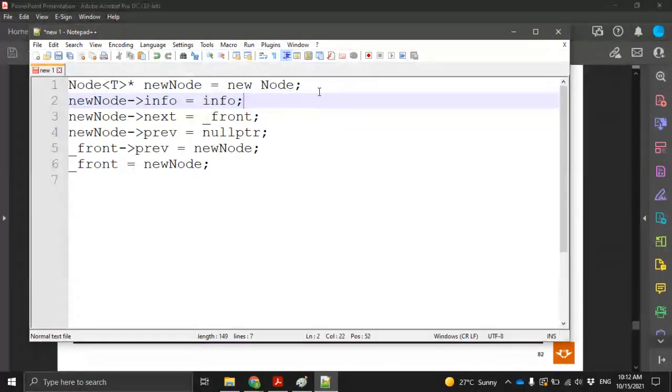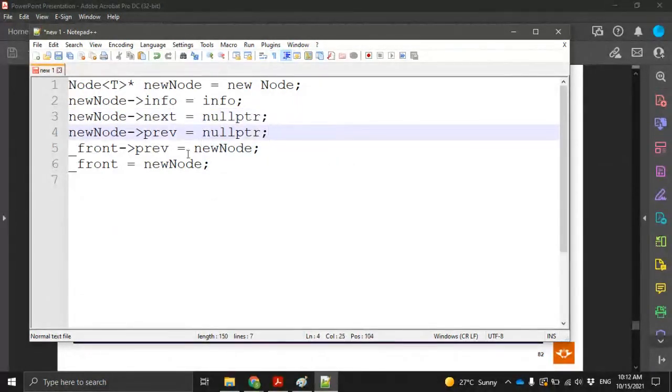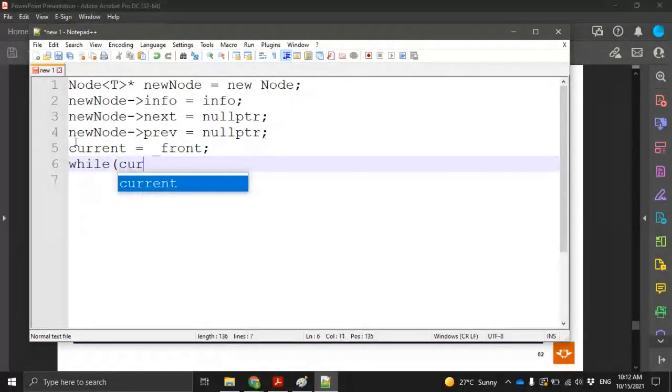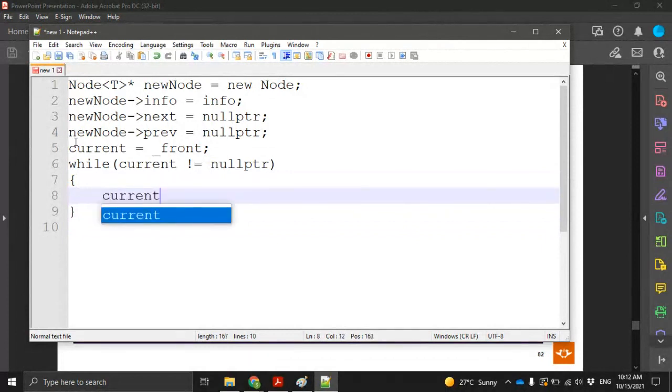So it would be the info that's provided as a parameter to the function. And then after doing that, in this case, you can make these point to null pointer initially. And then after that, what you would do is something like current is front, and then while current is not, for example, null pointer, then what you would do is you would say that current is current link, and then